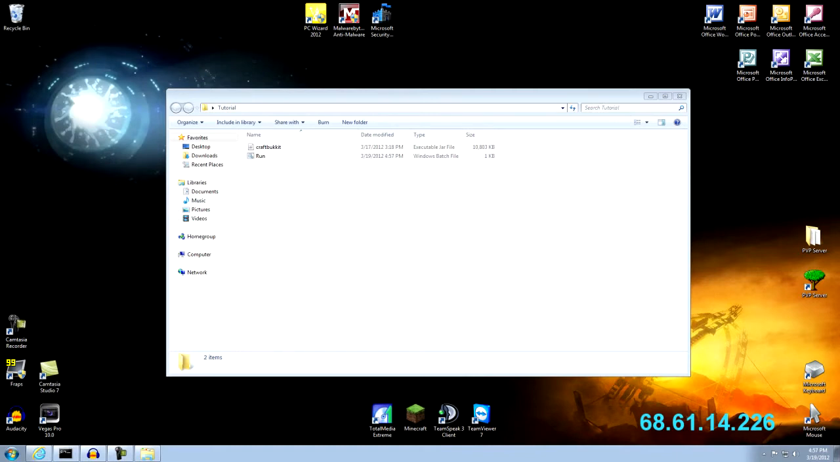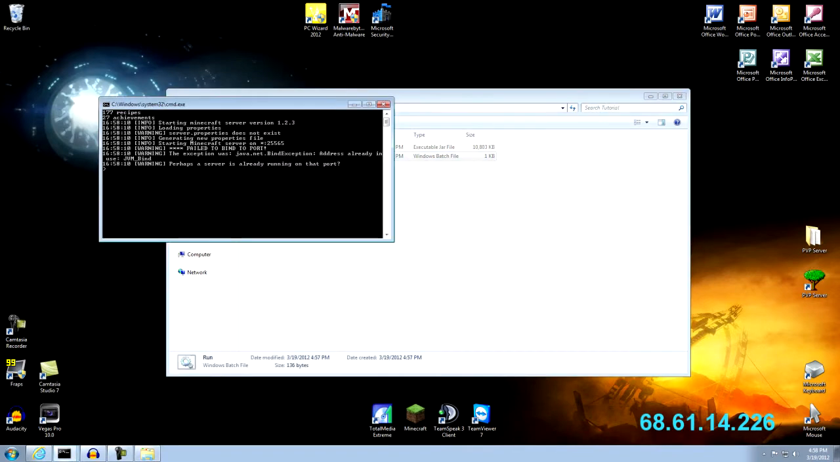So now you're ready to start your server for the first time, but we have not yet port forwarded. Right now, if you started it, you could join your server, but nobody else could because you haven't port forwarded yet. If you have, good for you. High five. But go ahead and double click on run,